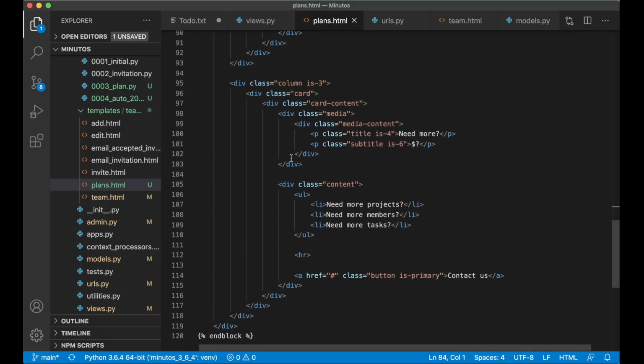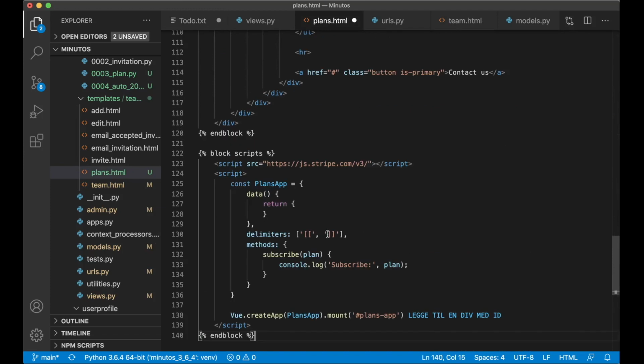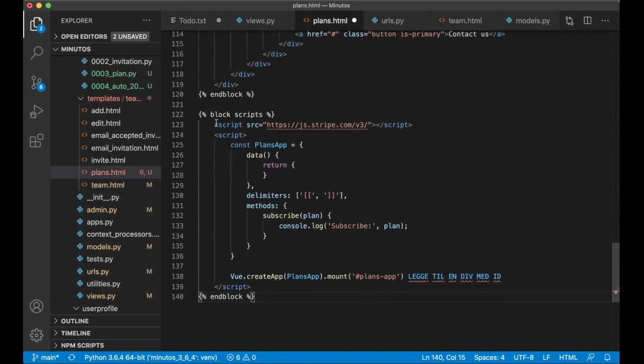So the last thing we need to do on this template for now is to add a little bit of vue.js. So if I just go to the bottom, I can paste a little bit of code. First I implement Stripe. I'll just include Stripe. Then I create one more script tag, create a new plans app. I don't have any data yet here, but I can just add it for now. Then I create the delimiters and set up a simple method. So when I click the subscribe button, we'll see in the console that we want to subscribe to a certain